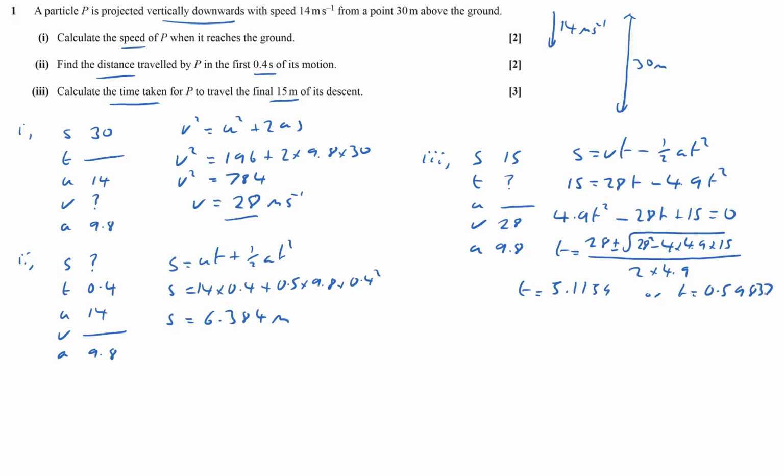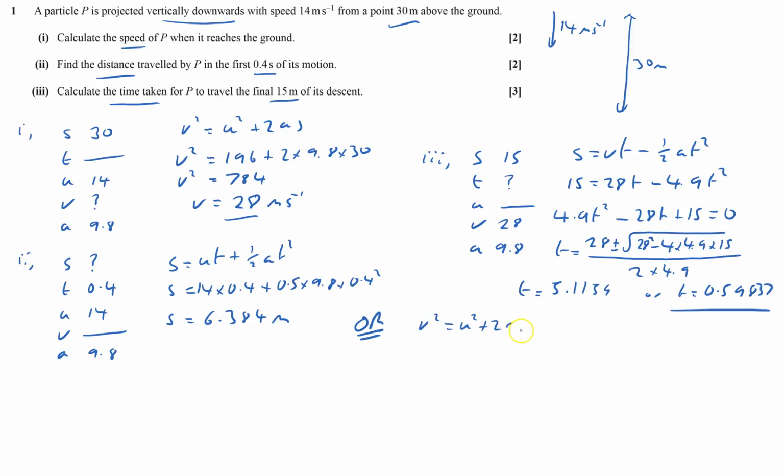0.59837. And pretty obviously, given it's only 30 meters and it takes 0.4 of a second, it's not going to be 5 seconds. So it's going to be that. So T equals 0.59837. But we could have done, so I put down or, we could have used V squared equals U squared